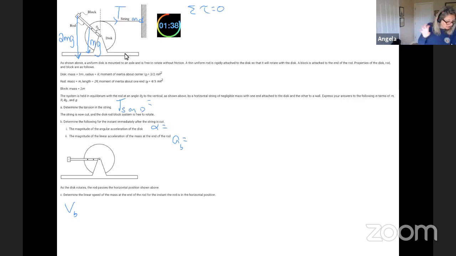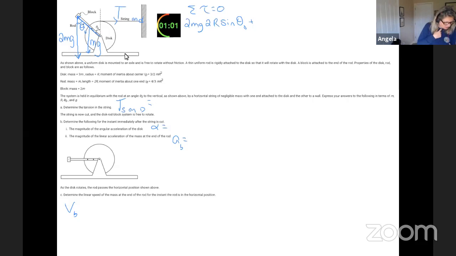So from the block, it would be 2mg, that's the force of the earth pulling down, times how far it is from the axis, which is 2r, multiplied by the sine of the angle. Here's r. r goes from the axis of rotation to the point of application of the force. And the sine, you know, alternate interior angles, right? So if this is theta naught, this is also theta naught. Sine theta naught, plus the torque due to the rod itself,